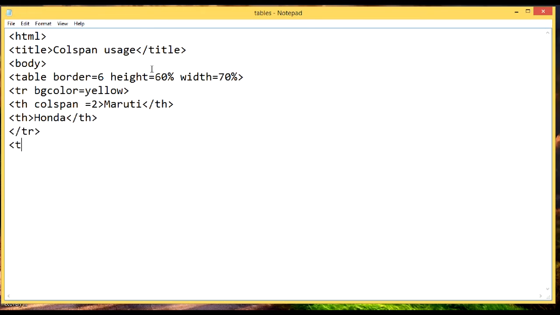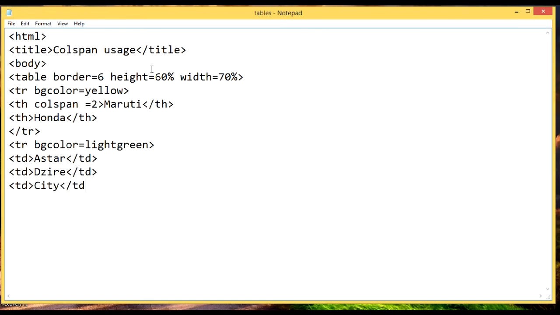Basically, it will create one row with Maruti and Honda; these 2 columns will be displayed. After that I have written a tr tag and given the bgcolor. Then I have defined some cells: td Estilo, td Dzire, then td City. These are the cells that I have defined. Then I have closed the tr tag, the table tag, and the HTML tag. Whenever I execute this code, as you can see in the output, the headings are coming as Maruti and Honda, and the values are coming as Estilo, Dzire and City. As you can see in the code, I have written colspan equals 2.